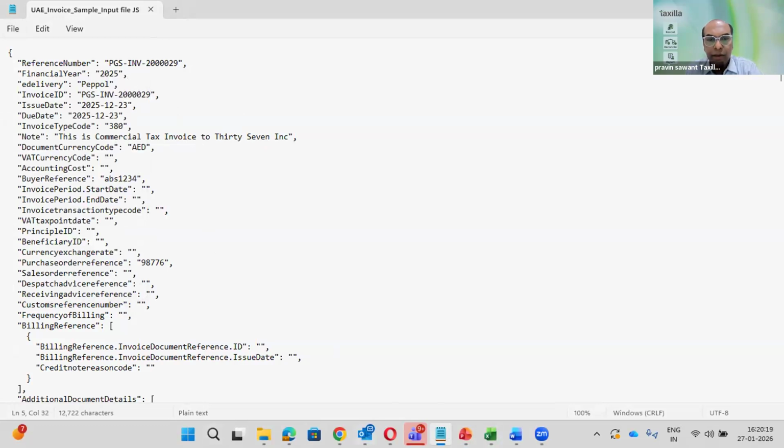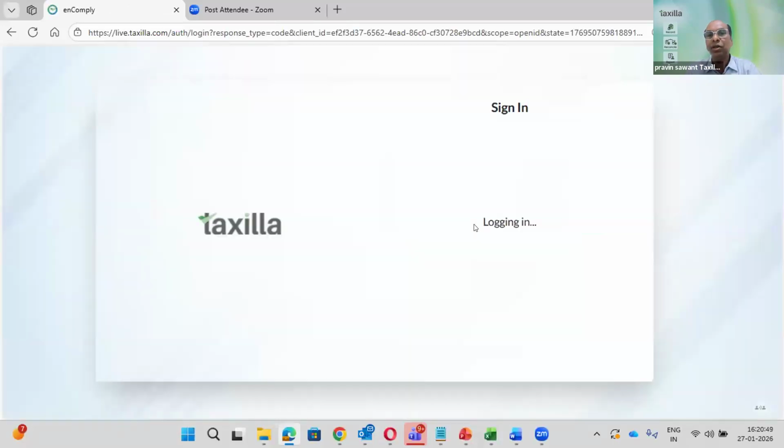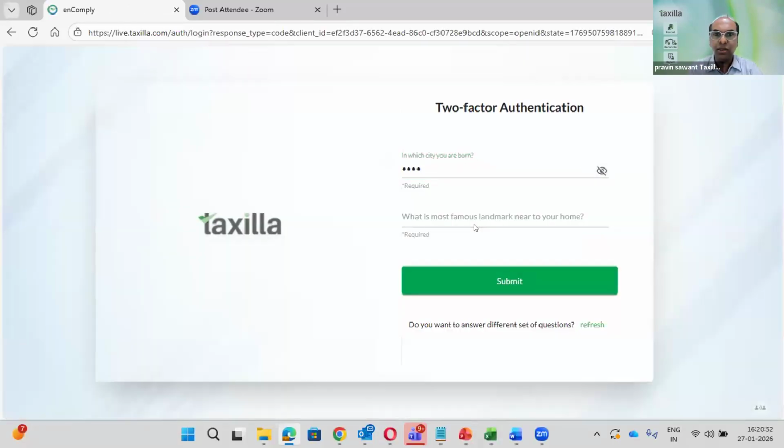Okay, and then this is the platform we have. As for data residency, all the data storage will be in the UAE, so no data is stored outside of the UAE. We have a single sign-on concept, or we will create a username and password for you. Now, who is going to use this platform? I will tell you that also. We have two-factor authentication, a secret question plus OTP-based. Both options are there.